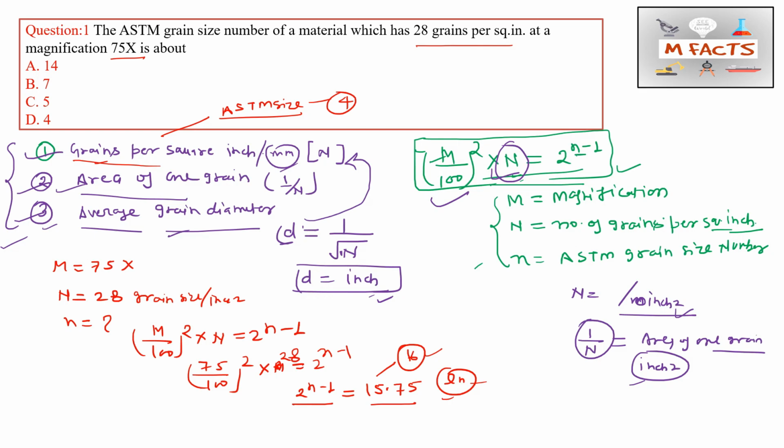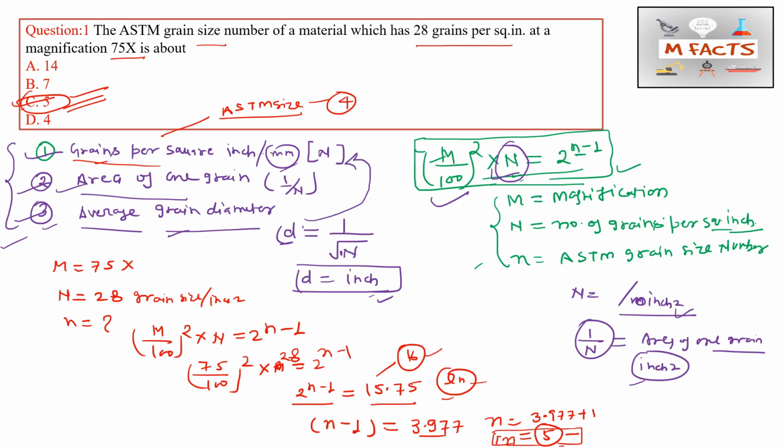Okay, so after the calculation what we will get, we will get n minus 1 is equal to 3 point something 977. Okay, so this is approximately 4, so we can say that this n value will be 3.977 plus 1, that will be equal to 5. Okay, so for this question the answer is 5, that is C part is correct for this question. Okay, so they have asked the ASTM grain size in this question, so I have calculated this small n value. So this is how the calculation is done for this question.